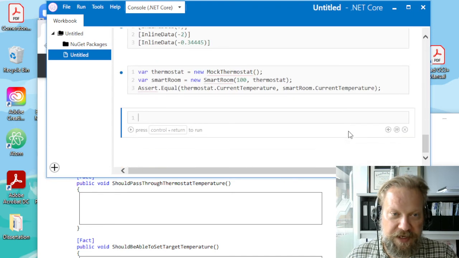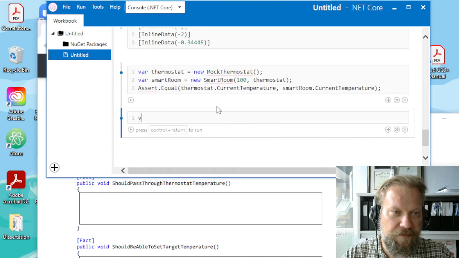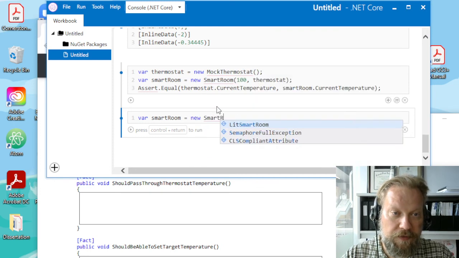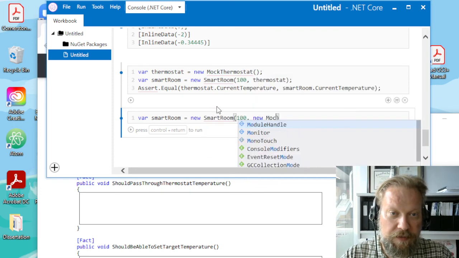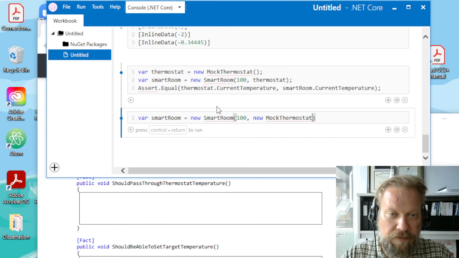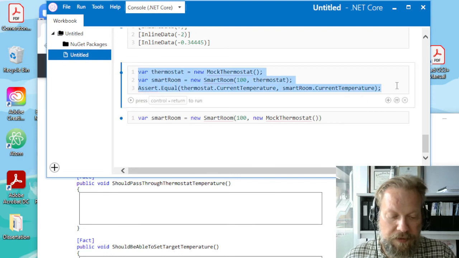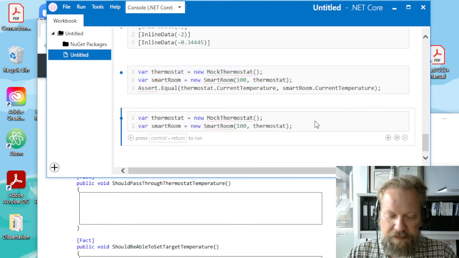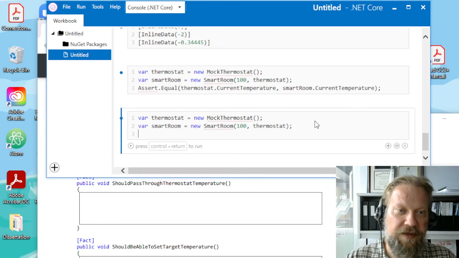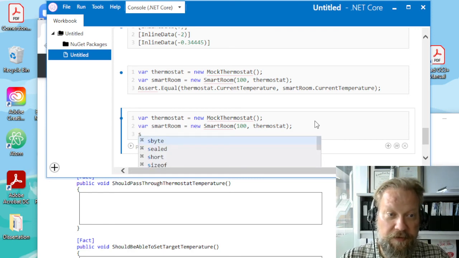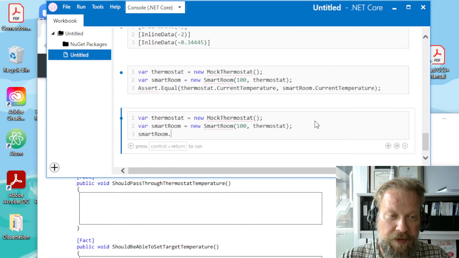We want to be able to take a smart room class, new smart room, do 100, a new mock thermostat. Actually, let's do it the same way here. Okay, and once we have that thermostat in the smart room, we want to be able to change from the smart room and set current or target temperature